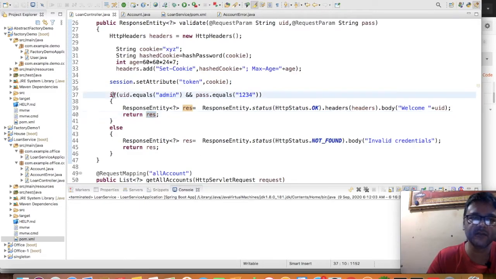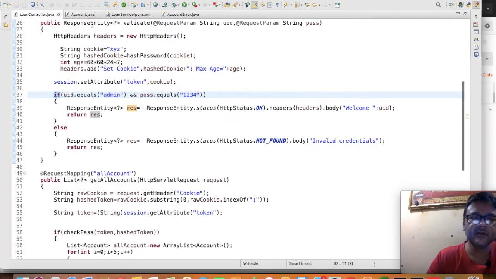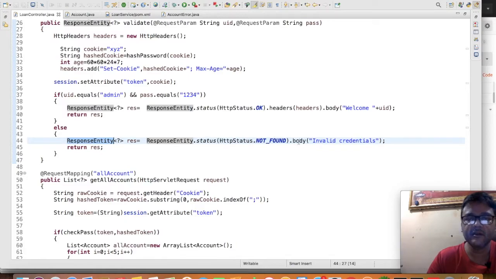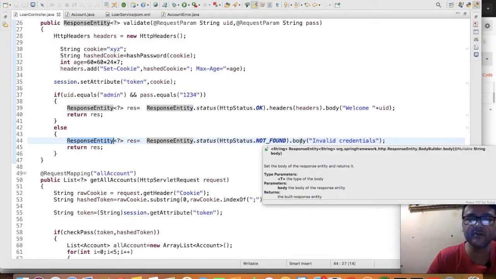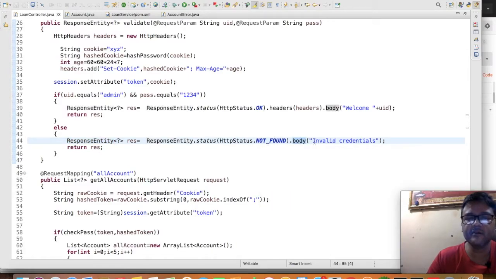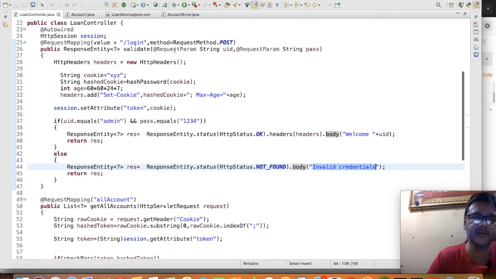If this doesn't match, if it isn't successful, then what happens? It is going to give the response entity with HTTP status not found. Here no header I am providing, so no cookie is going to be sent to the user end, and the body is going to display invalid credential. That's all. So this is for the validity of the user. So I have created the cookie and kept the cookie value in the session variable.